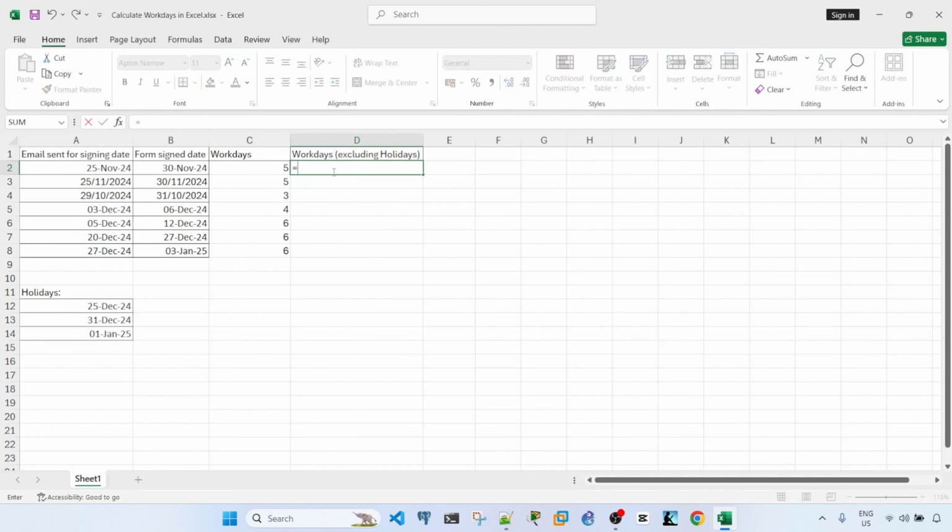Here, I'm going to show you how to include holidays. So same syntax, start date, end date, and then actually here, I'm not going to include holidays because let's just assume that there's no holidays between these dates. So I'm going to just drag the formula again all the way to line number 6. And in line number 7,